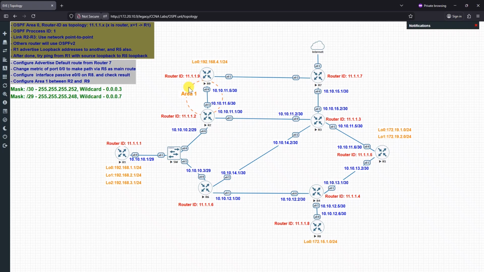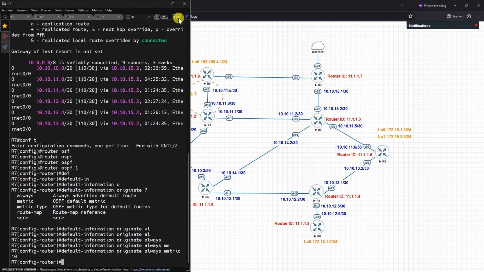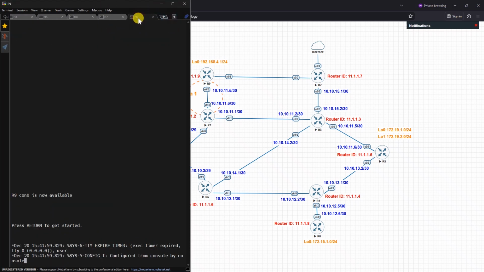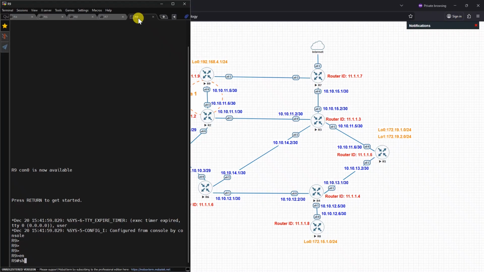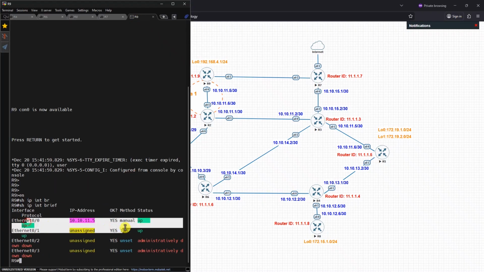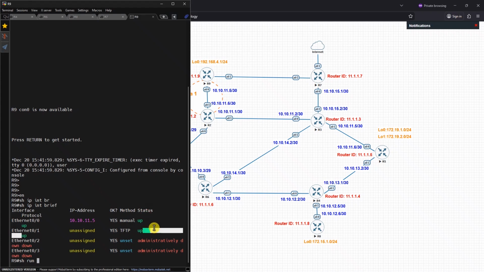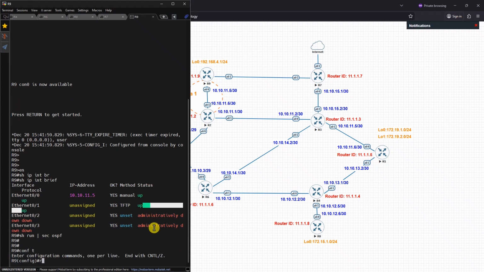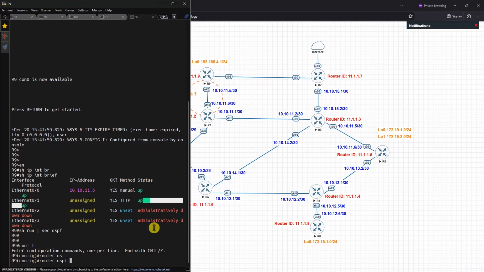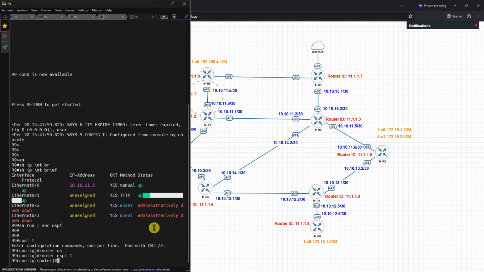Okay, so as we set up, router 9 connects to router 2 using area 1. Okay, router 9 here. So, the IP on the fabric. I remember I did not set the IP. I set the IP already, maybe I did not set the OSPF. Okay, correct. So I need to go to config mode, then use router OSPF process ID 1, and